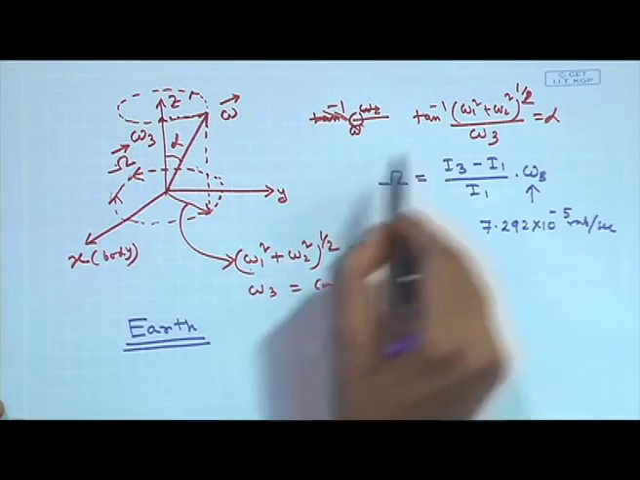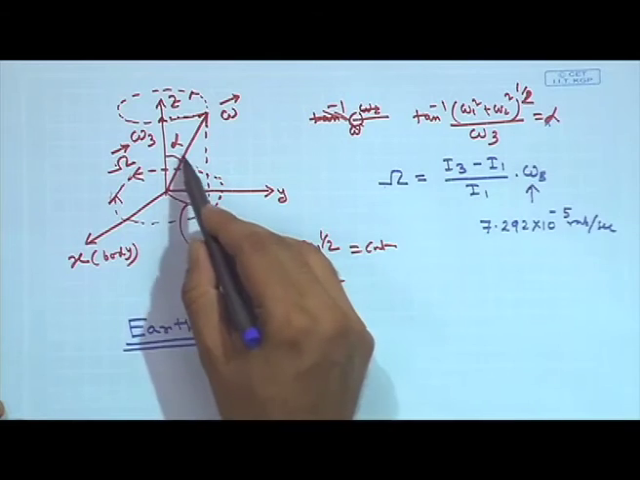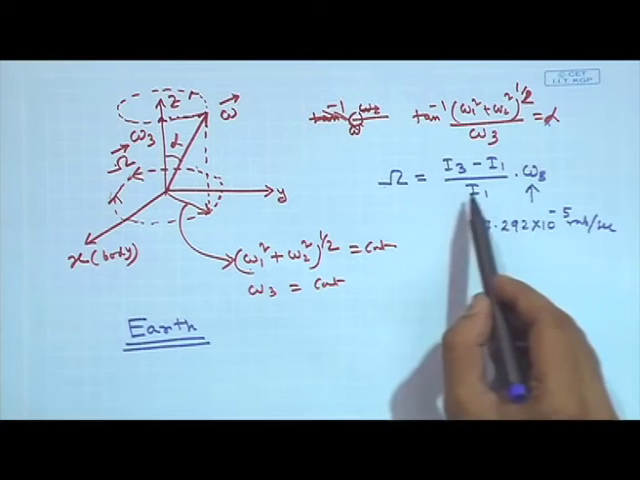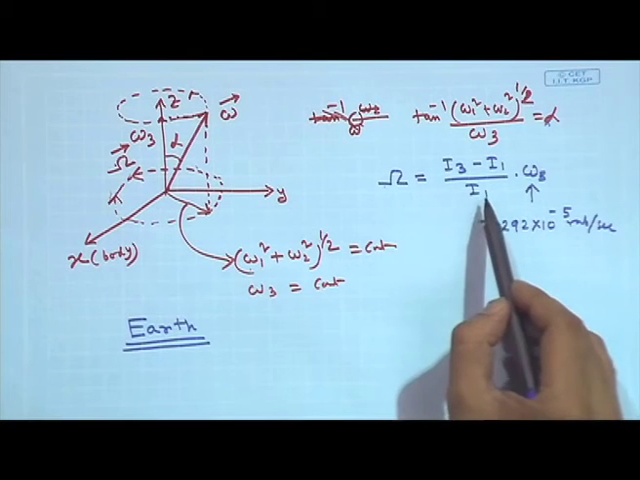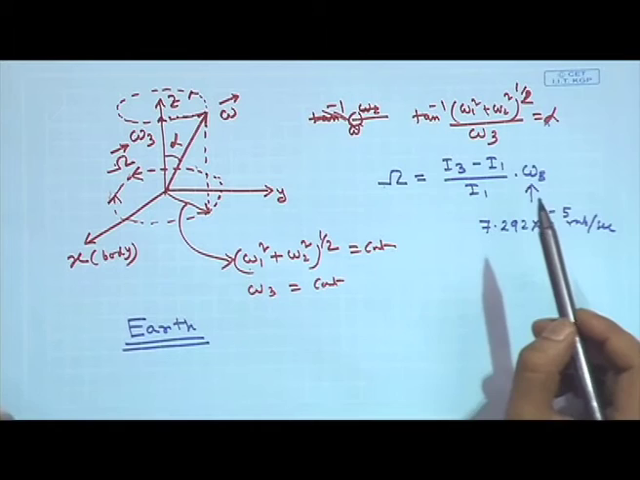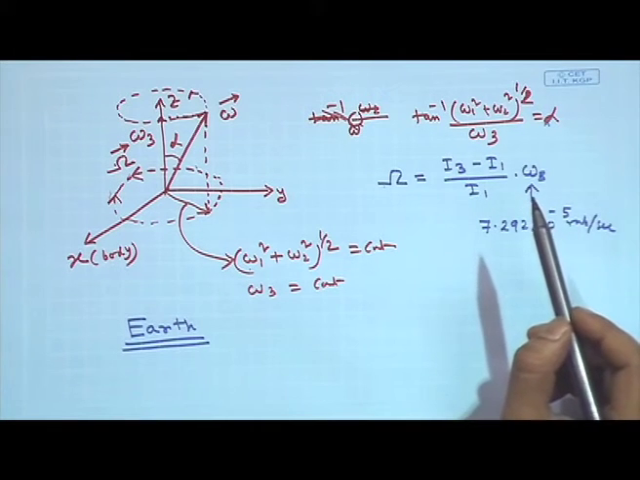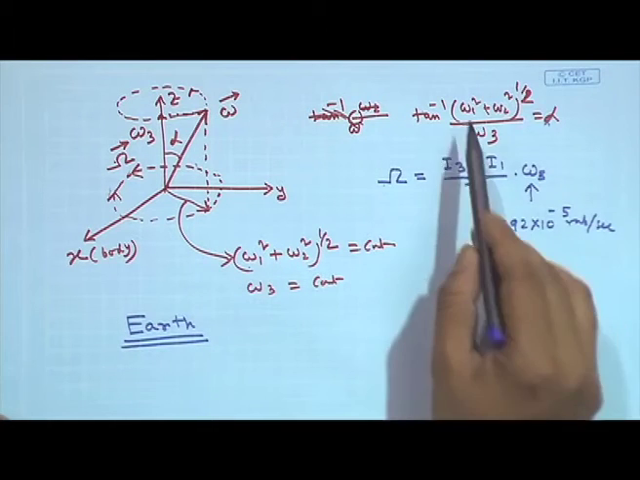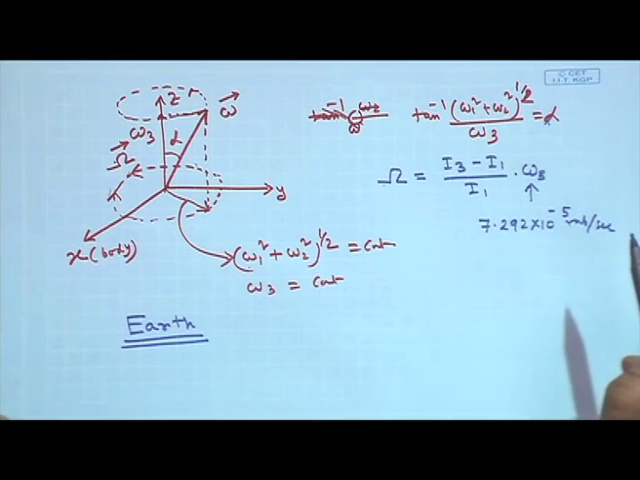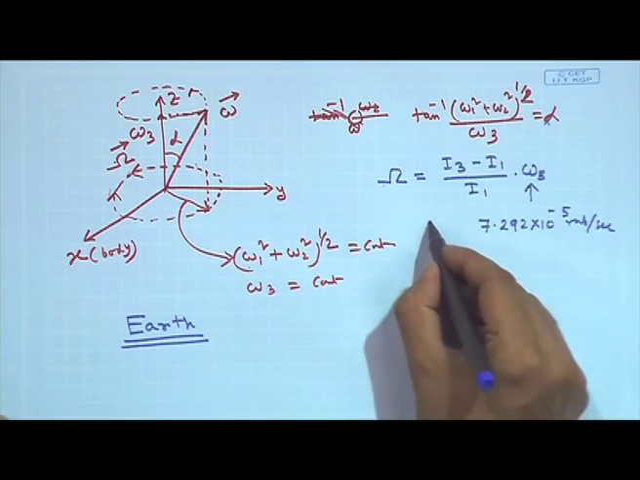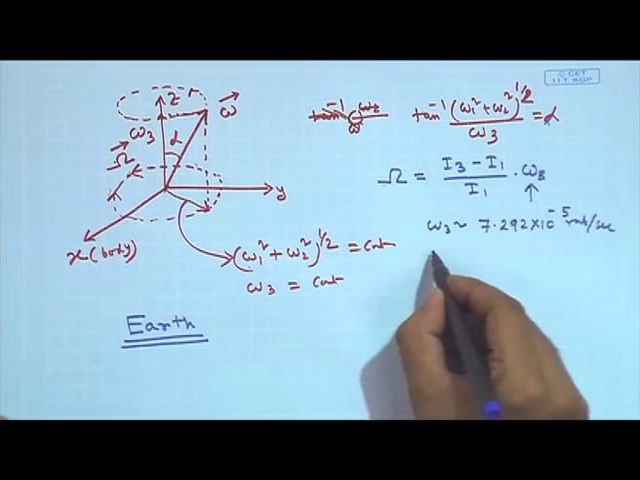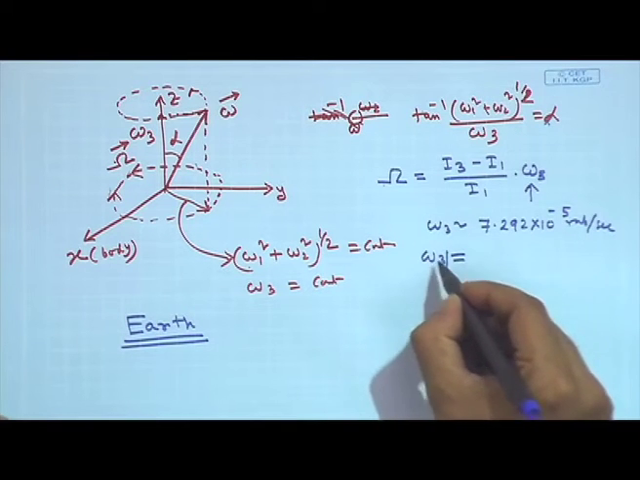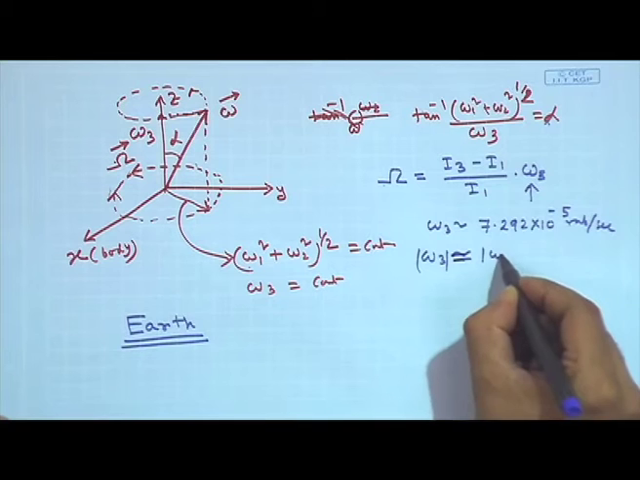I mean, we will see, because this alpha is actually a very small angle for Earth. It all depends on the symmetry of the system, and Earth is pretty much such that the angular momentum component in the z direction is dominant over omega 1 and omega 2. So, alpha is a very small number. Now, the magnitude of omega 3 is approximately equal to the magnitude of omega,